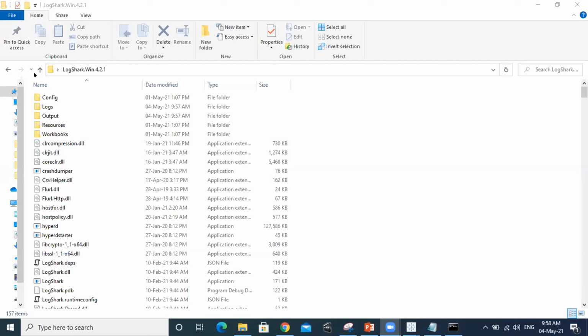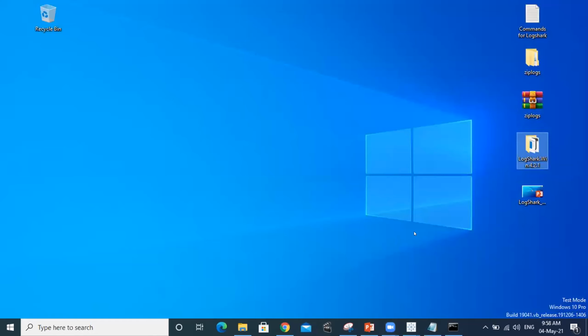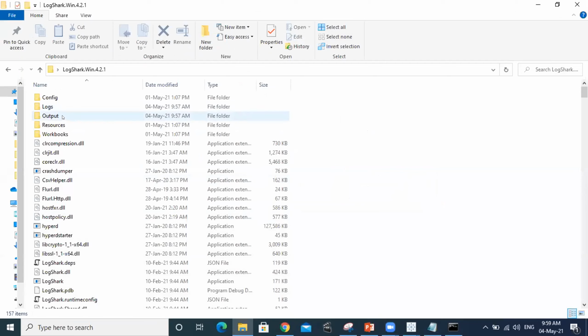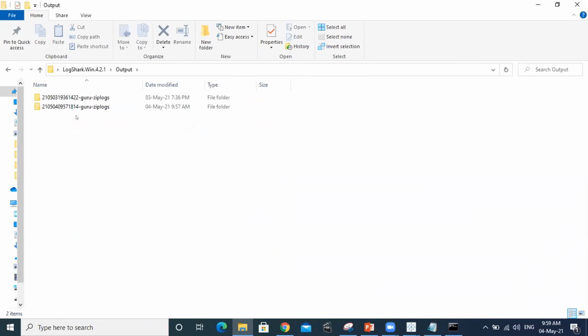See, guys, this is the Logshare, as I explained. This is the tool currently available on my desktop. I just open this, and here the output and the logs were created with the timestamp 9:57 AM IST. If I open the output, on the recent timestamp,